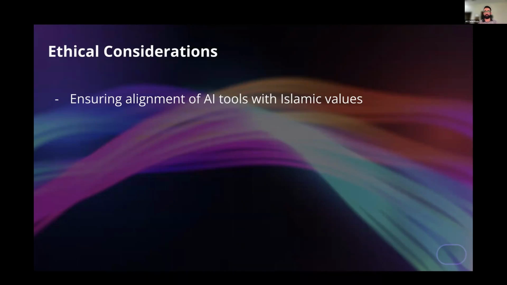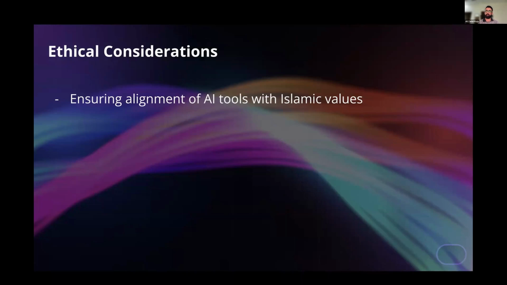aligned with the Islamic values. They don't go astray, they don't misguide to such an extent that people are really put into confusion. And as we have discussed, AI hallucinates, and accuracy can never be 100%. So we have to teach everyone that you can't rely 100% on any machine or any human when it comes to Islamic values, because you can't blindly rely on anything you read or come across. You have to verify on your own.